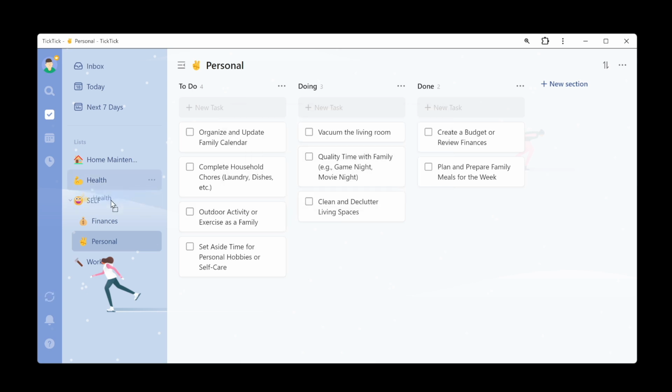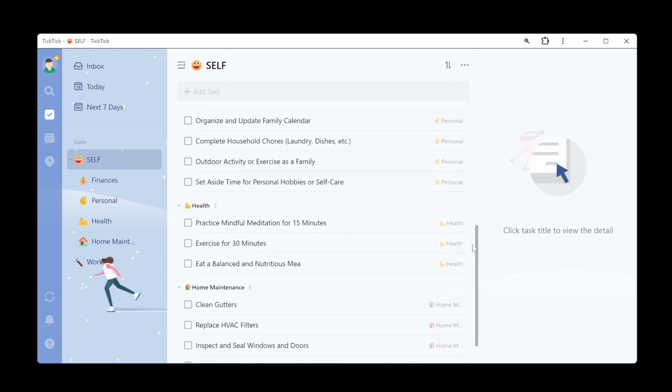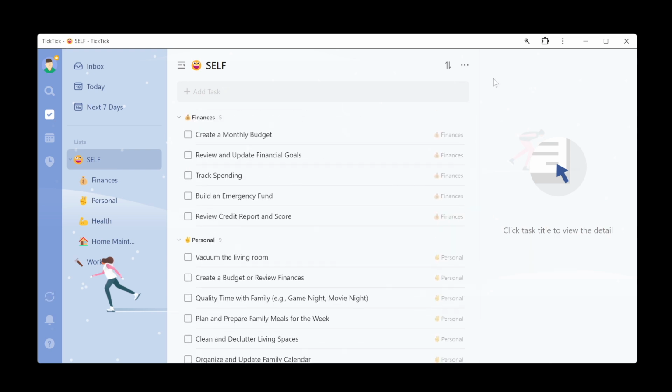And health goes into self as well, and home maintenance. And so I really have a work list and a self folder full of other lists. Now what I like to do is use the Kanban view on the folder level. So if I click up to self, which gives me the list of all the tasks within my folder, I can switch this view over to Kanban,